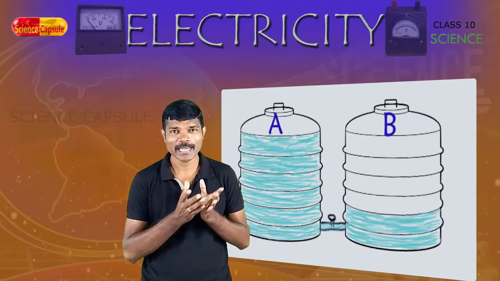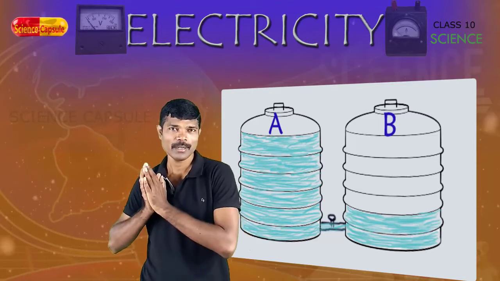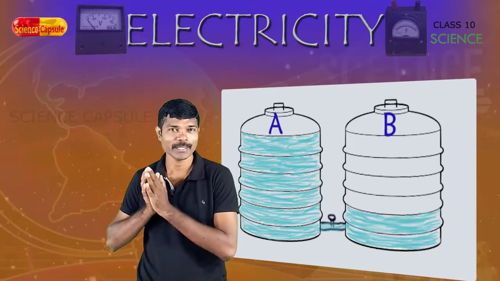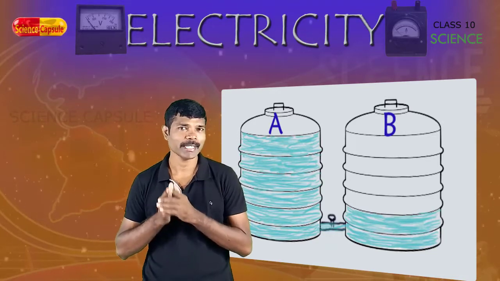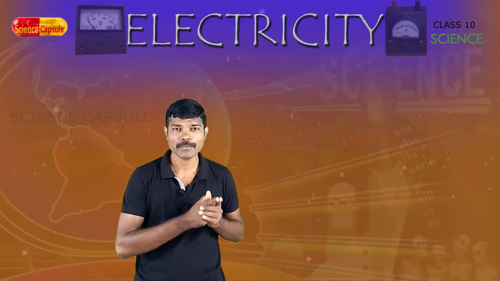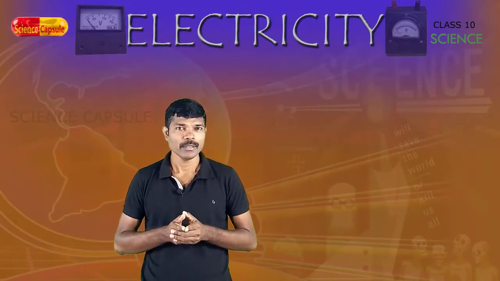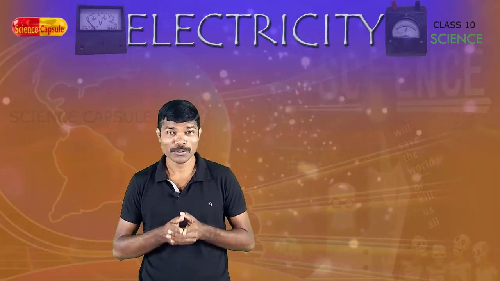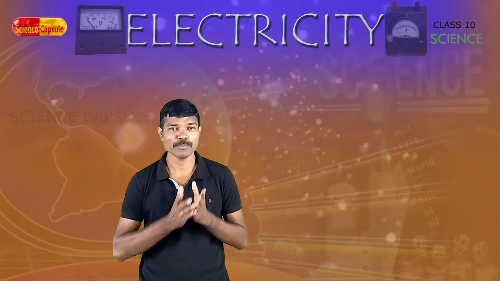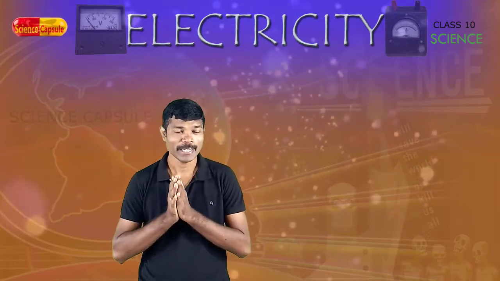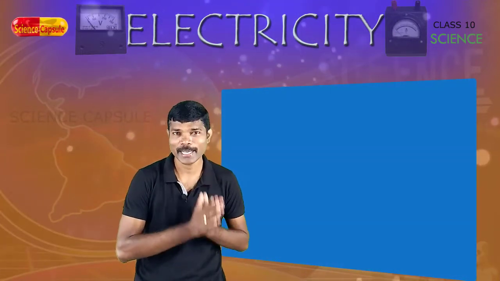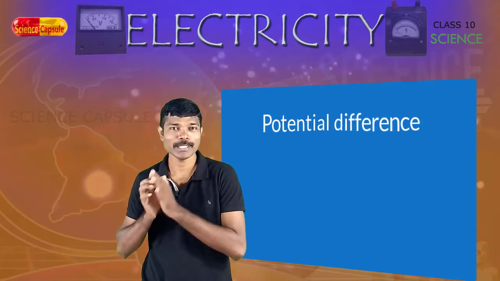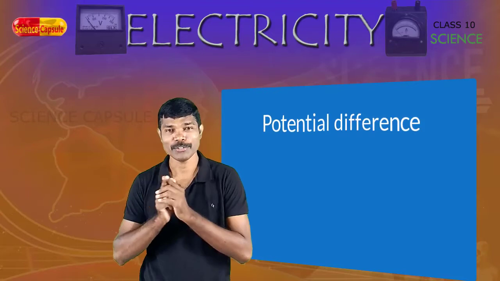Here we can relate the electric potential with some pressure. So, with that pressure the electrons can move from one point to another, right? This is what we call electric potential. Now, let us understand what is potential difference. About potential difference, I have already uploaded a video in which an activity was performed to understand about potential difference. In that activity, it was clear that to move charges from one point to another, there must be a potential difference.